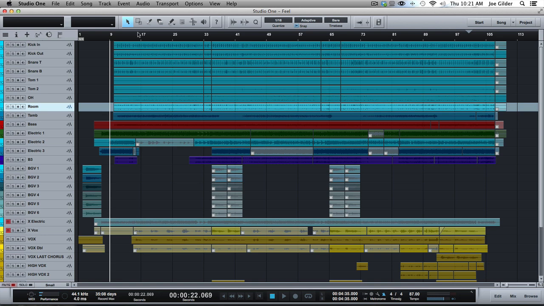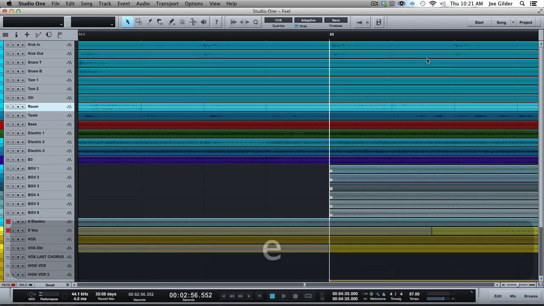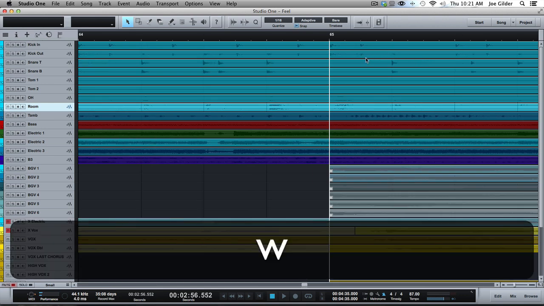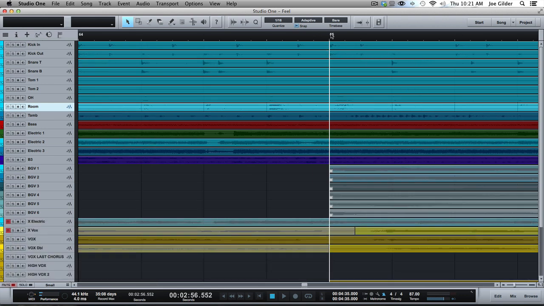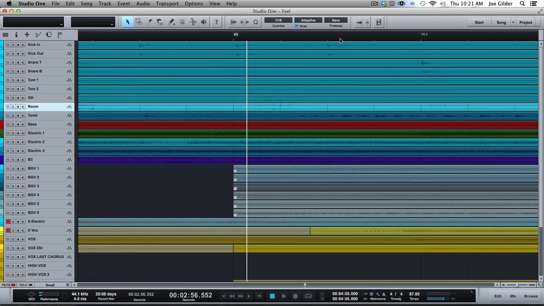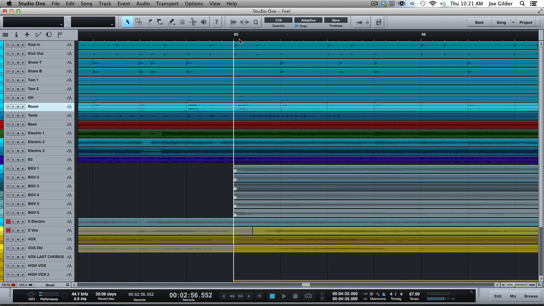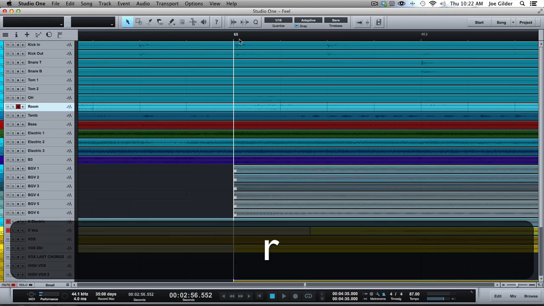But there's a couple things there that are a little annoying. First of all, let's say we want to zoom in on this measure right here. We can zoom in and it's pretty jumpy. It's not smooth. Maybe I want to see a little bit closer than that, but not quite that far. Well, you kind of just have to deal with it. There's no way to fine zoom using those buttons, and you kind of have to move things over and then zoom a little more. I don't know. I'm not sure what the solution is there. So that's one thing. The other thing is